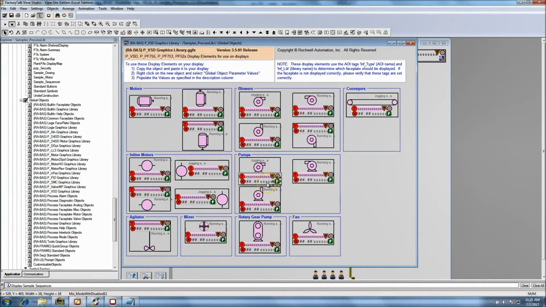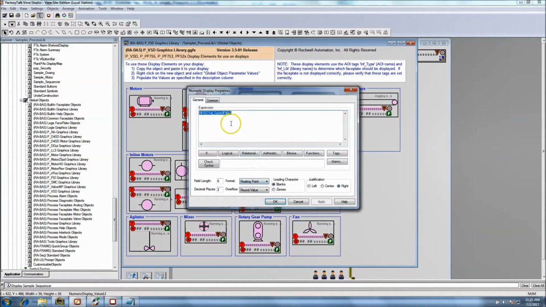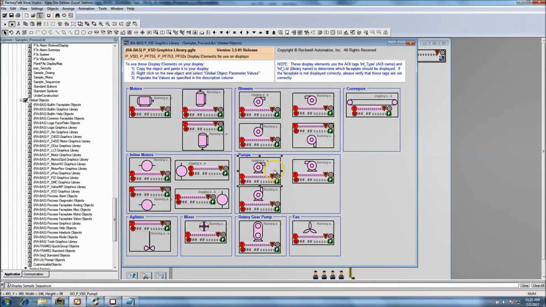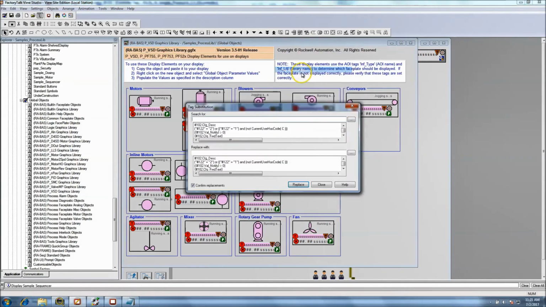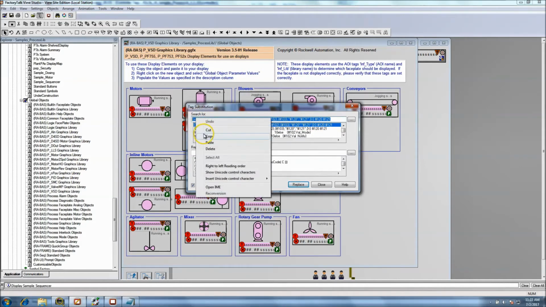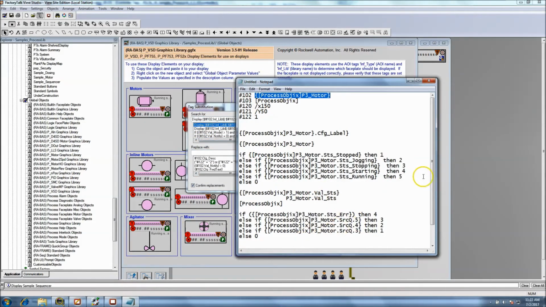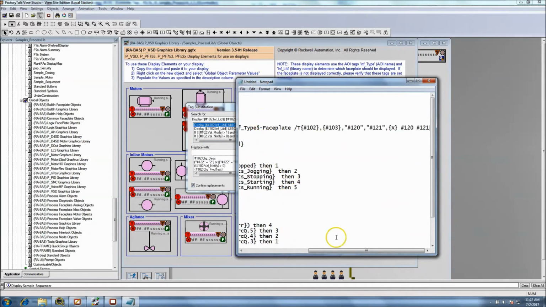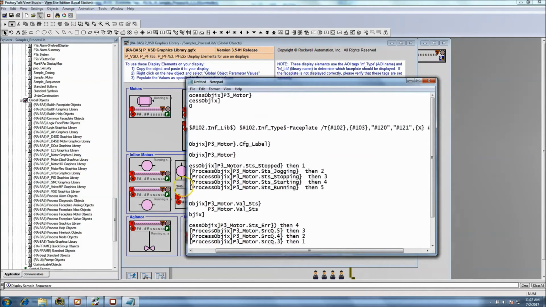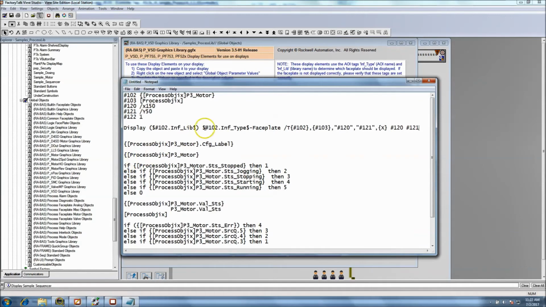But like I said, we can keep digging down and looking at everything that's in here. And we can also go into tag substitute and look at what screen's being called. So if you wanted to look at exactly what screen's being called, you can simply copy this. And again, I don't recommend editing this because it's predefined. But what I do is I like to come in here and look at it so I can fully understand it. Right? So in displaying, you want to display this faceplate,